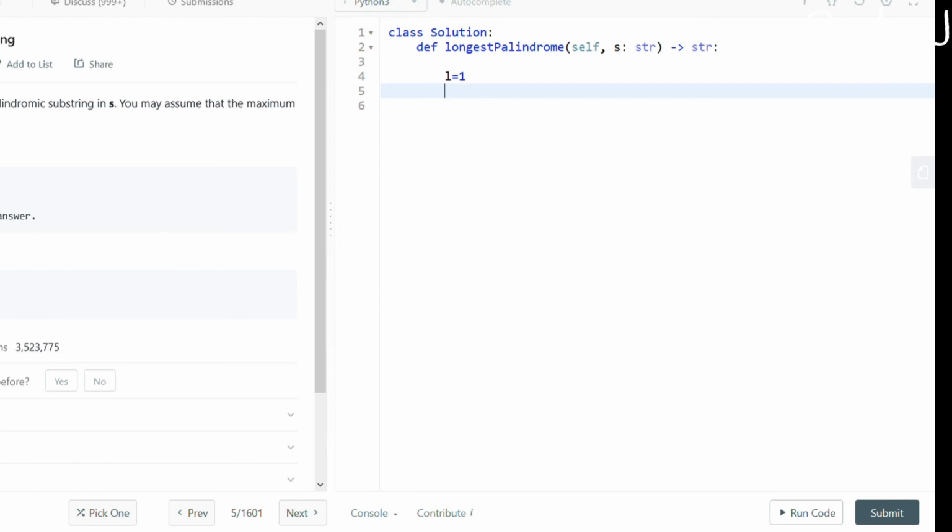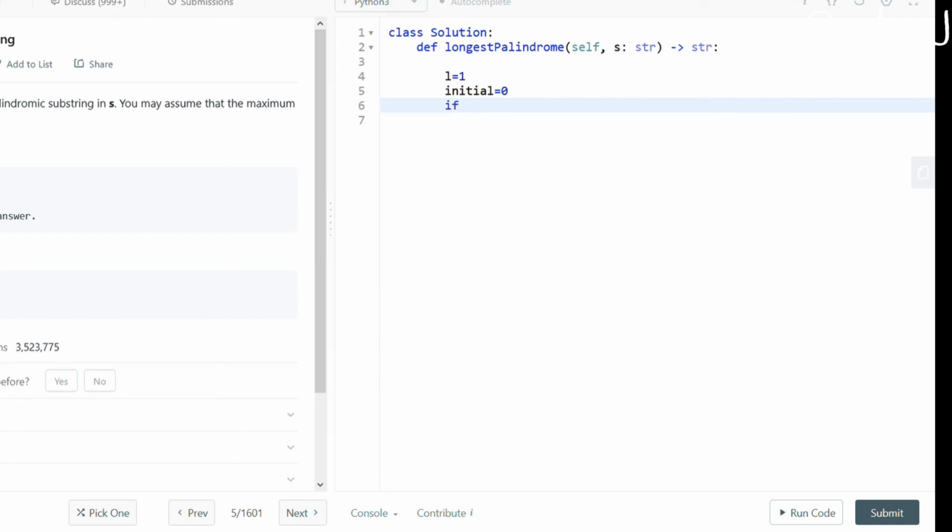This will store the length of my substring, and initial, let me just call it, yeah, initial seems fine. So initial means that from where the substring is starting, initial is 0. Well, the first character is always a substring, right? So that is what it's pointing to. Initial 0, length 1. Great, the first character we are done.